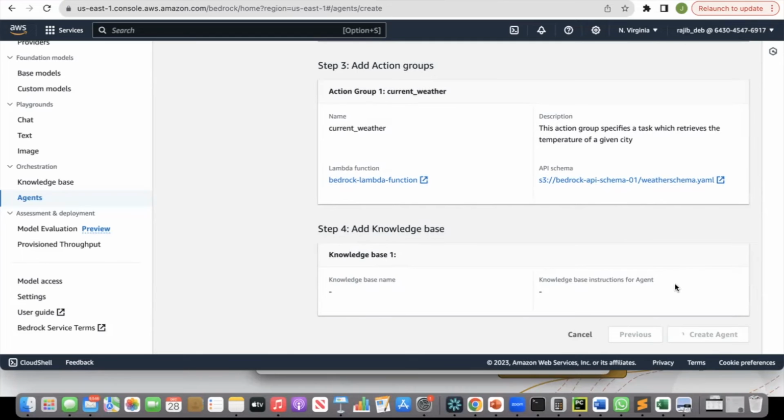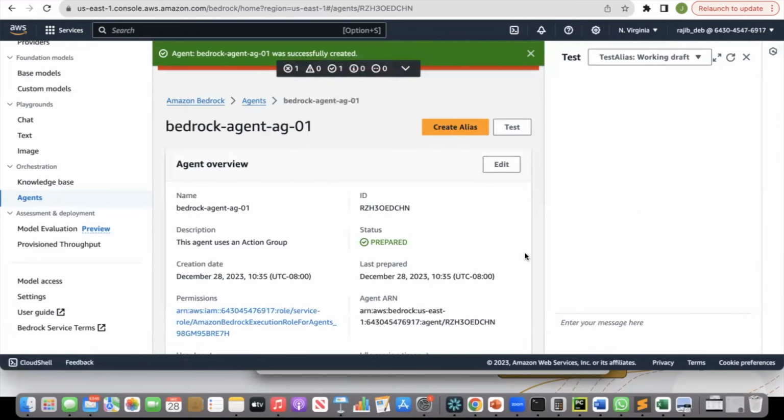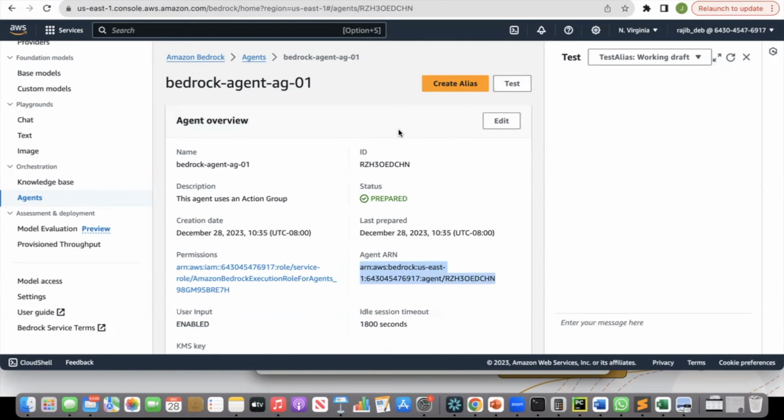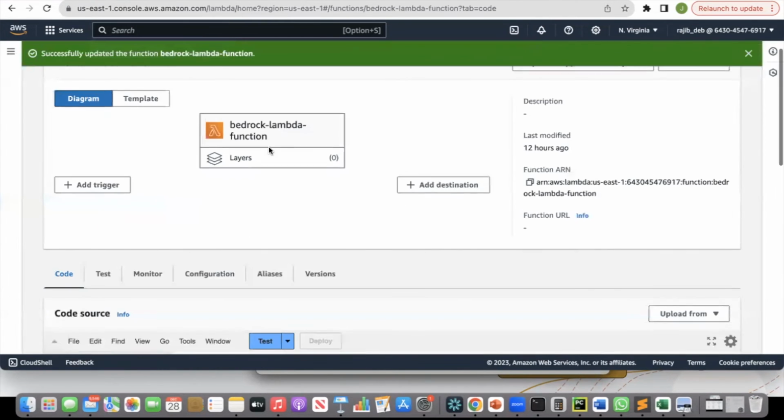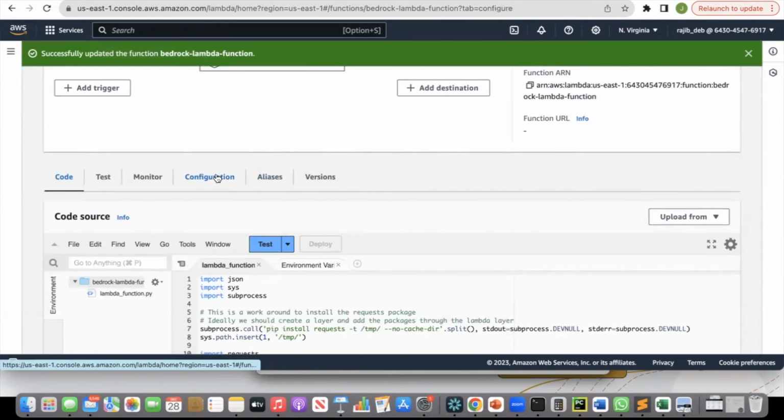After that, we have one more activity remaining, which is to provide access to this agent to invoke the Lambda function. So for that, I need the agent ARN. I'll copy the agent ARN. Right. Let me close some of these things. I will go back to the Lambda. Now under configuration,